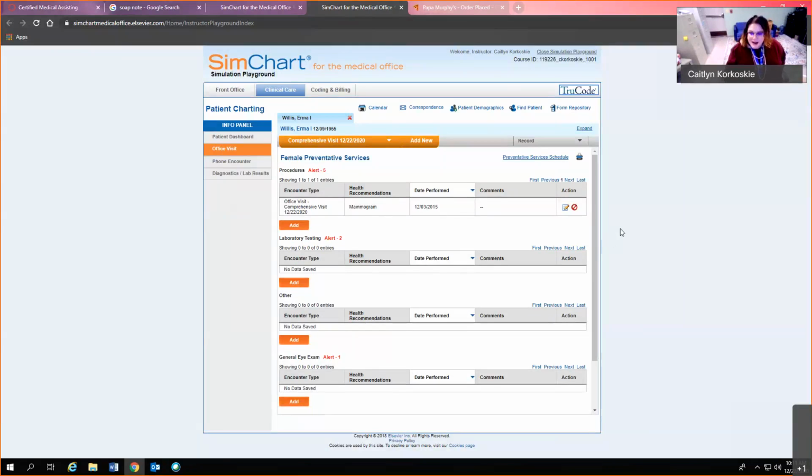That does happen quite often: they'll go to a different hospital and it doesn't automatically populate in the chart. So we would then fill out a request of information to fax over to whatever place they had that done at. But that is part of it, we want to make sure that they're not past due for any preventative medicine, even if they're just coming in for a follow-up on labs and it's not an annual visit. You do definitely want to go over all of these things in an annual visit, but it's not a bad idea to go over these things in a regular visit too,